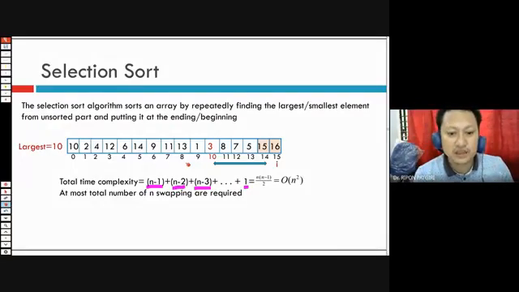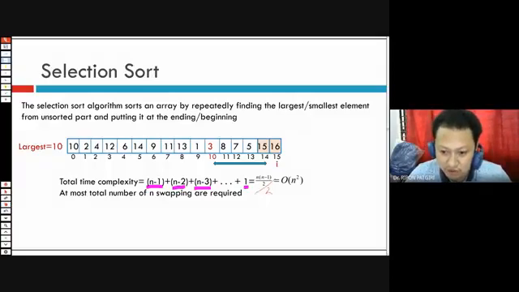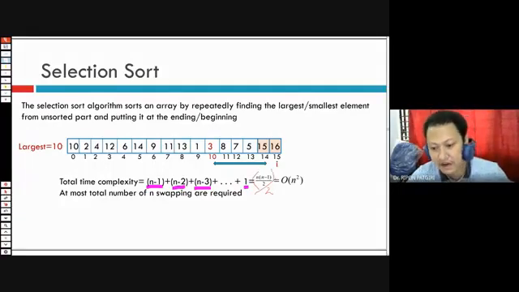Pairwise comparison minimizes the total number of comparisons in finding the largest as well as the smallest in one go. Suppose we have made it half. What will be the value after sorting here? Using this technique, we have made it half. So n into n minus 1 divided by 4.